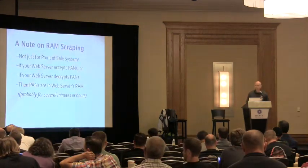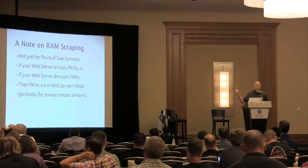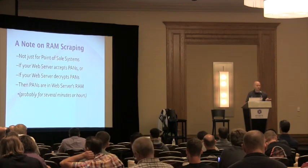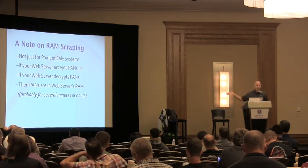RAM scraping obviously is a big deal with point of sale systems, right? So I have to put a big note on here: you can scrape RAM on web servers as well. It's not just unique to point of sale. It's anywhere there's something of value that would live temporarily unencrypted in plain text memory, right? So even if your website is HTTPS, even if you have tokenization in place, you have one of these aforementioned bugs we just said